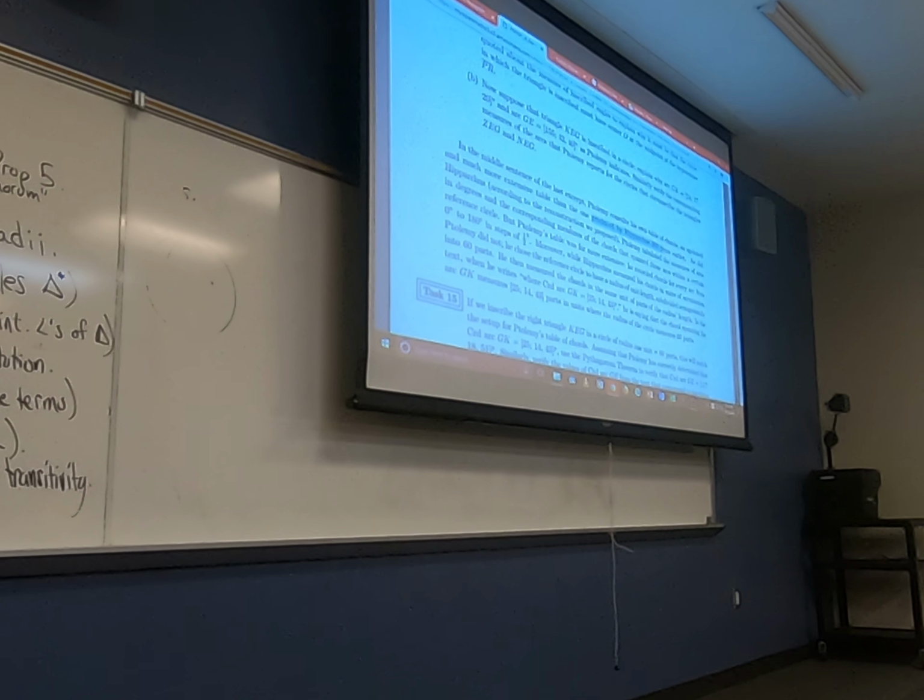But Ptolemy's table was far more extensive. He recorded chords for every arc from 0 to 180 degrees in steps of half a degree. Ah, okay, so that's a lot finer. Moreover, while Hipparchus measured his chords in units of arc minutes, Ptolemy did not. He chose the reference circle to have radius of unit length and subdivided sexagesimal